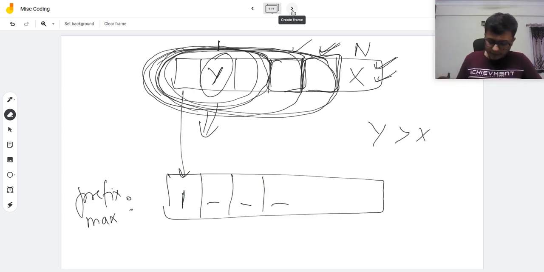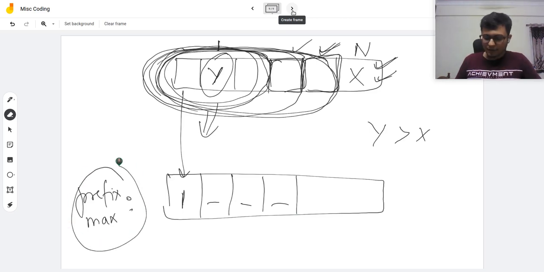And once this prefix max array is populated, for example, for this person n, what we'll see is prefix max of n minus 1.